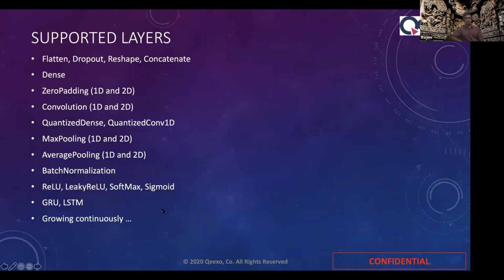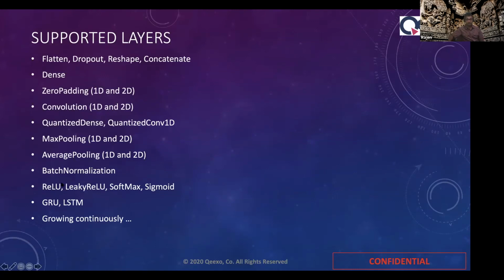This is the list of some of the supported layers. We can see here that most of the commonly used layers are supported. Most of the commonly used operators are also supported. We can see here there is support for the GRU and LSTM layers for developing RNN and CRNN models.